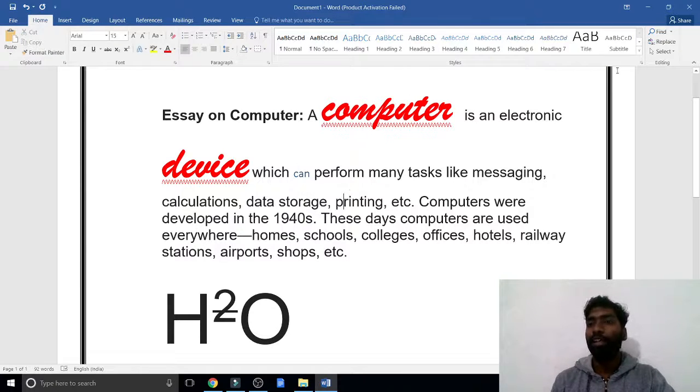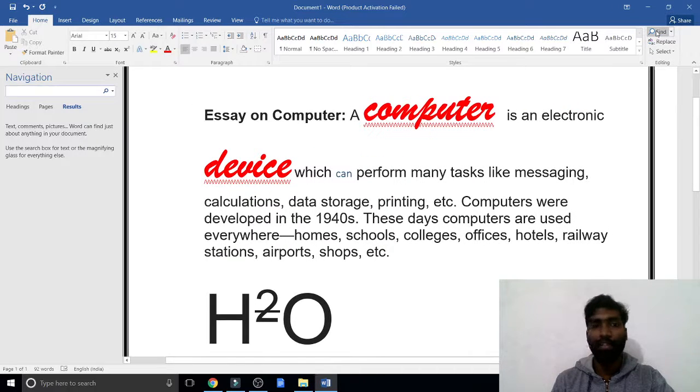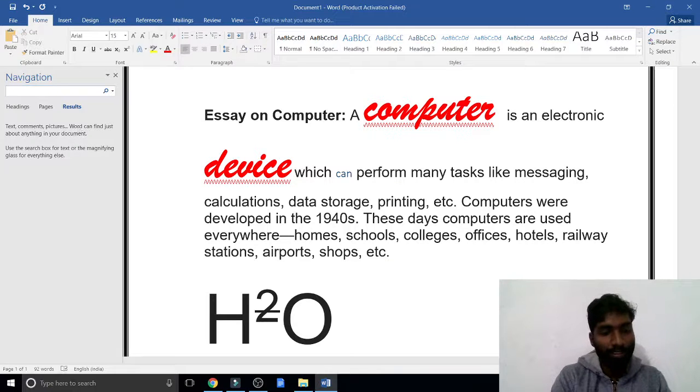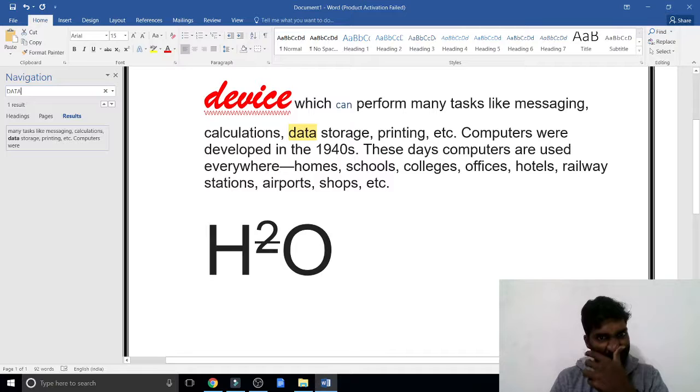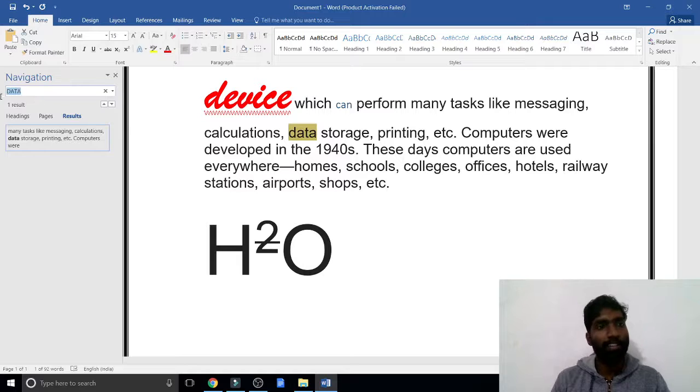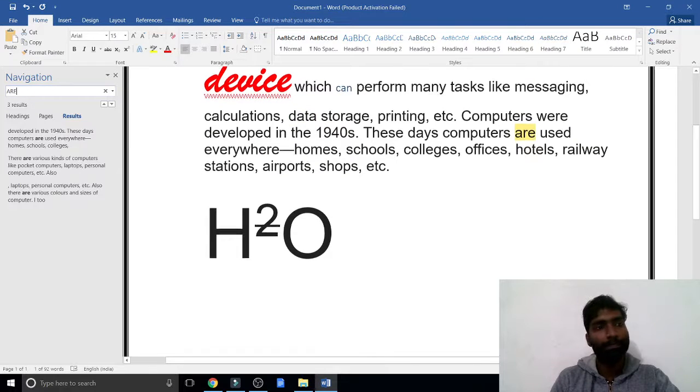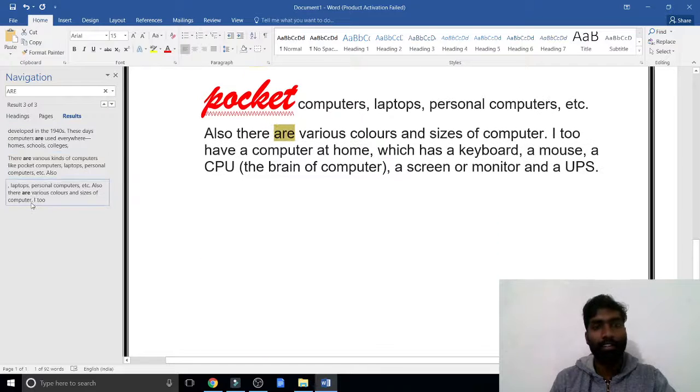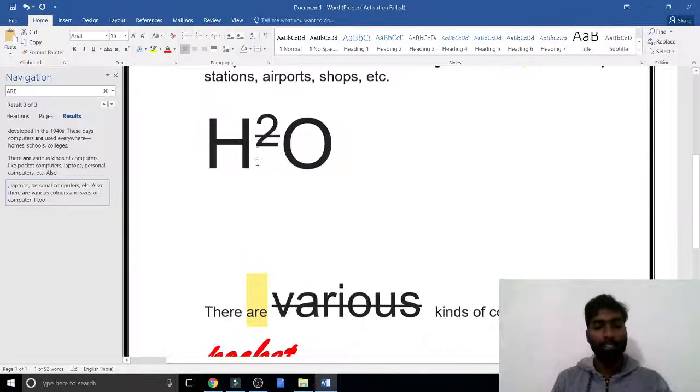Now after this, find and replace. Here is Find and Replace. Just click Find. Now I want to find the word data. D-A-T-A, data. It is finding the data. Only one occurrence is there. If I want to find "or", see here, "or" appears in 3 places: first, second, and third.